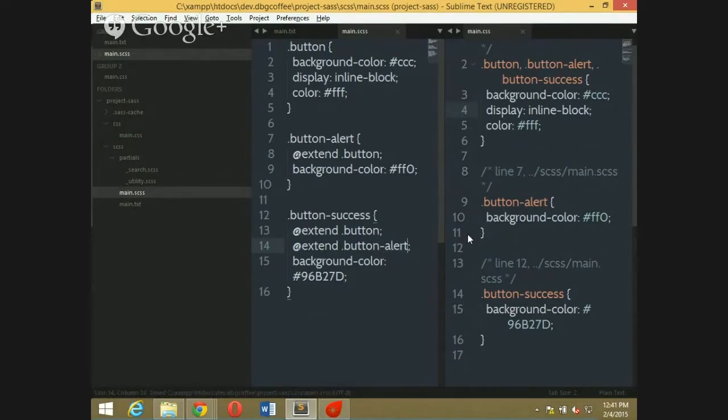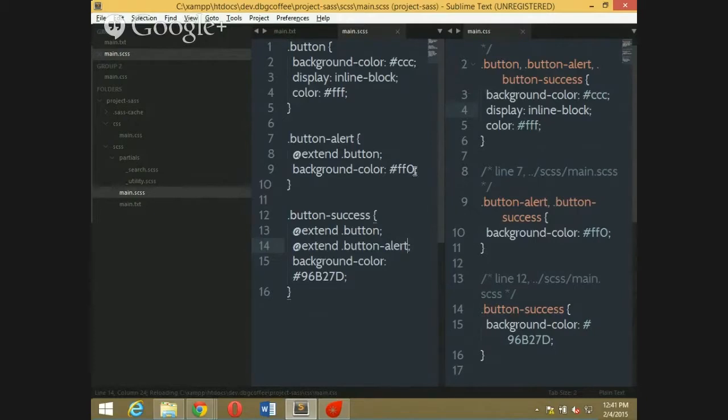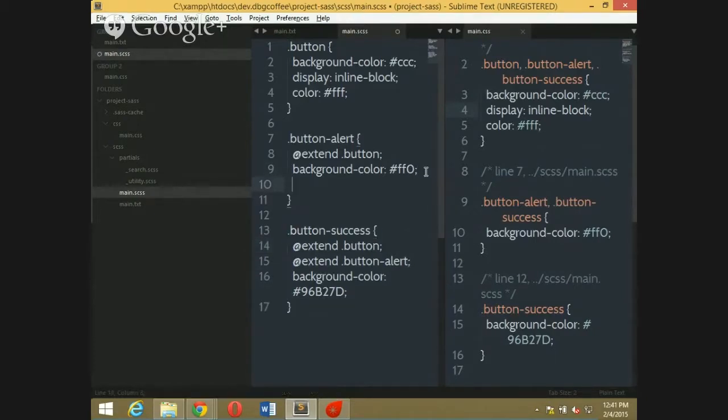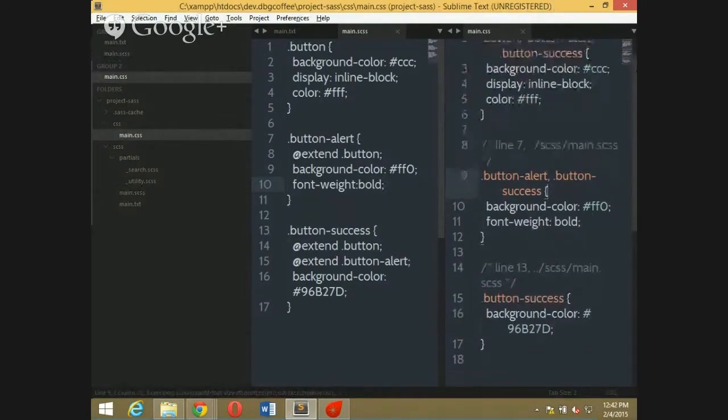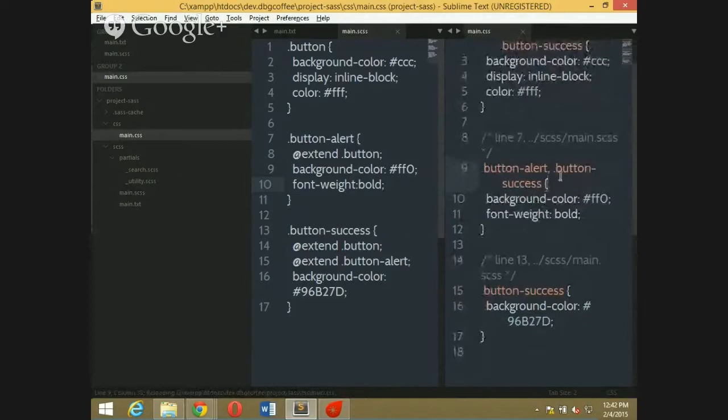I'm curious how it behaves. This is what happens. Okay, button success.